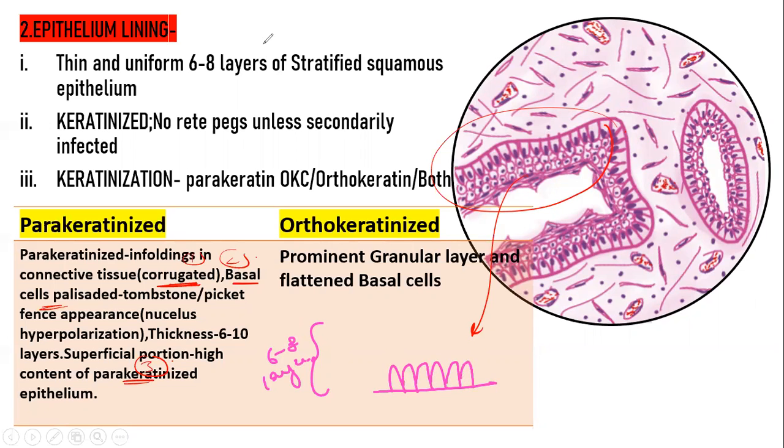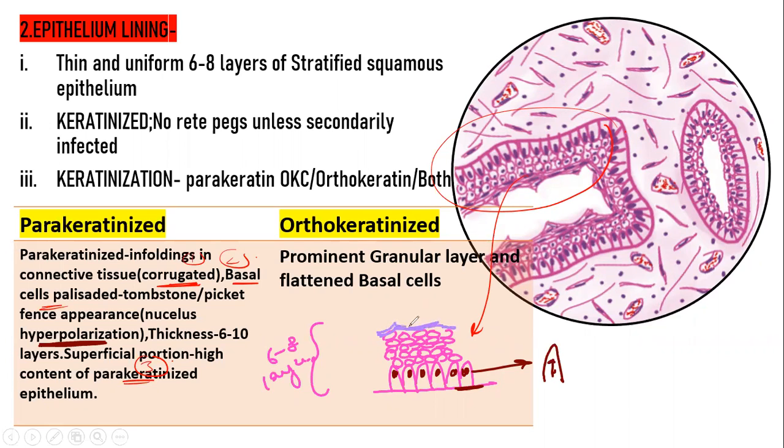An important feature here is that the nuclei are hyperchromatic and hyperpolarized. So it is hyperchromatic and hyperpolarized. What does hyperpolarized mean? It is situated away from the basement membrane, right? It is in the opposite direction. This resembles your pre-ameloblast. So the next thing is 6 to 8 layers of your cells. 1, 2, 3, 4, 5, 6th layer. And the 6th layer, I have